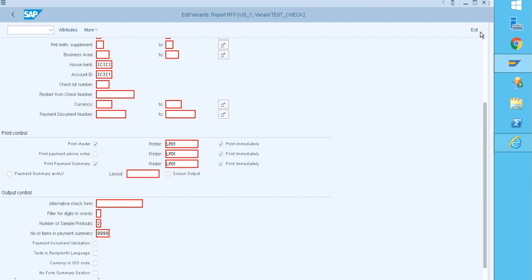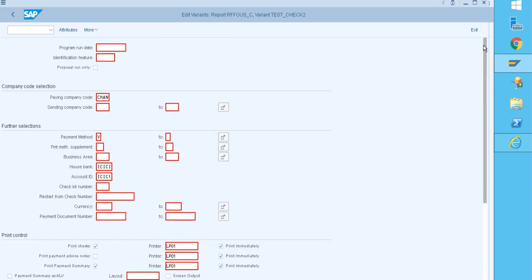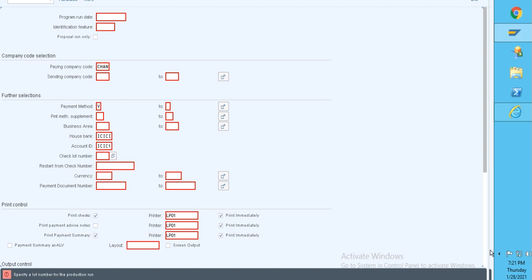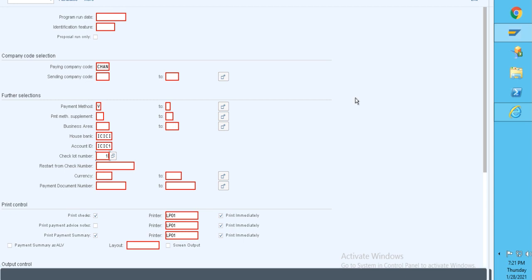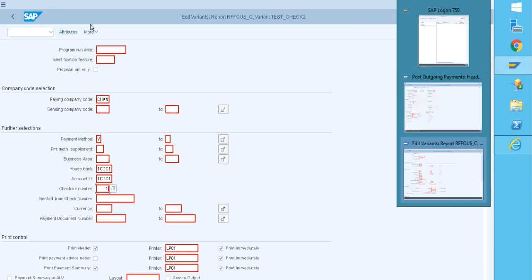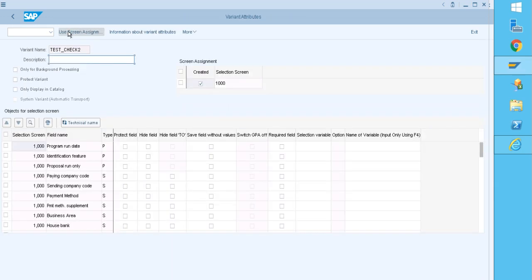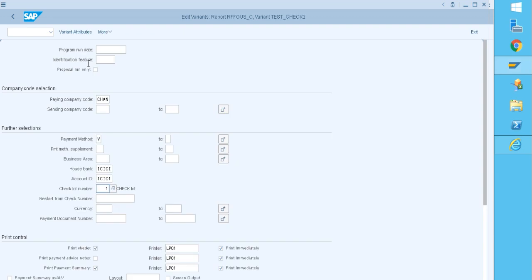Now save. Go to attributes. There is something missing: specify lot numbers. I forgot to give lot numbers. Go to attributes, and since it's a test only, give test run 1. Press Control S and go back.